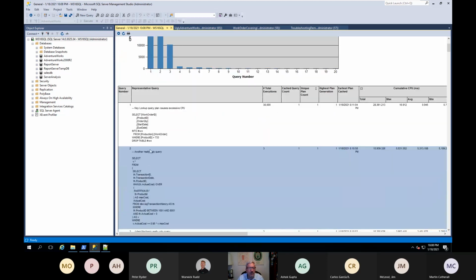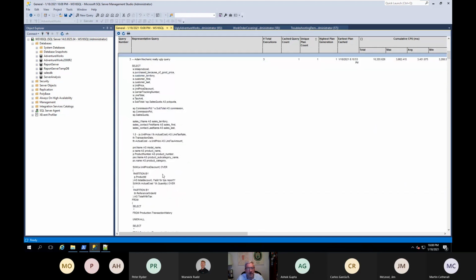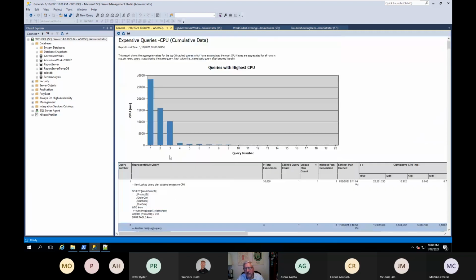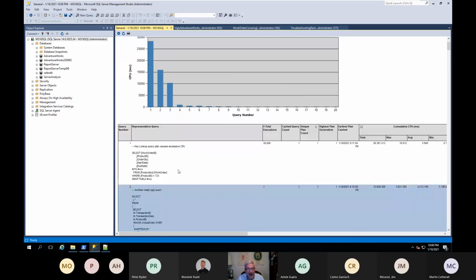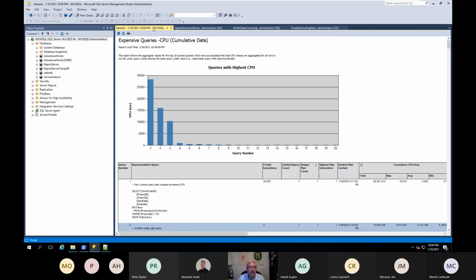If I look at number two, it's one of the ugly queries, where I've got subqueries and all kinds of fun issues. Number three is this really big, ugly query, right? So this is just another way, without using the Activity Monitor, to run this, and it will use the internals of SQL Server and bring back to you those problem queries so you can investigate what's going on, how you can fix them, make them better.